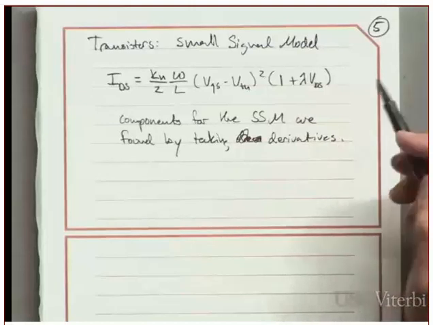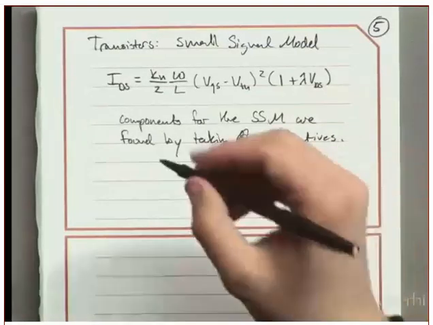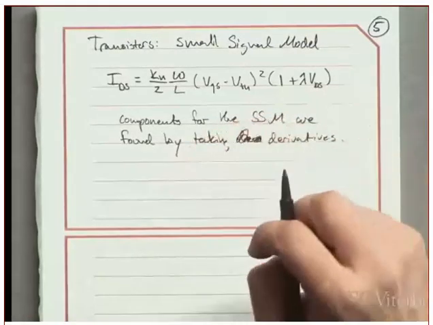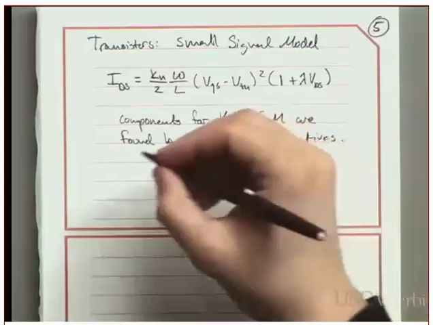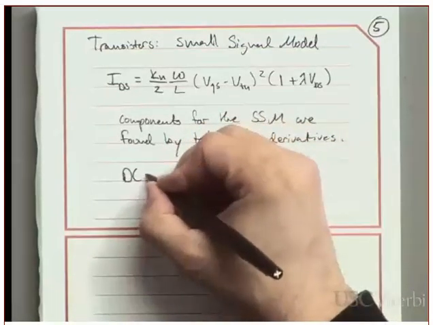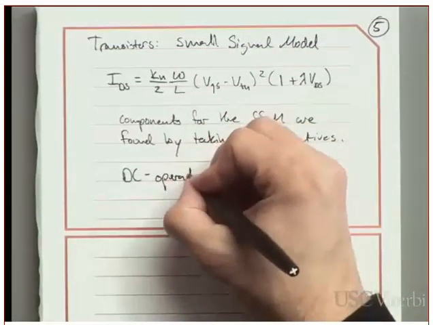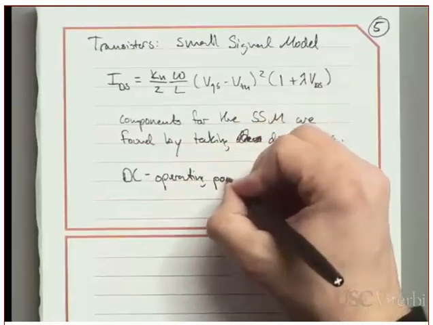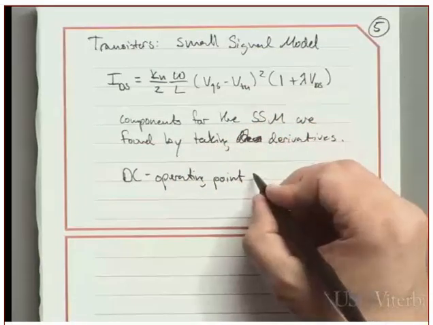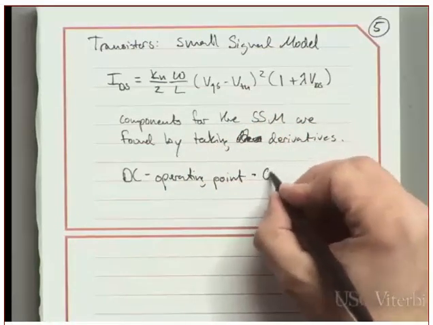And the derivatives are taken with the assumption that you have some DC operating point, also called the Q point,